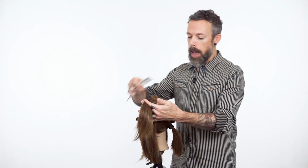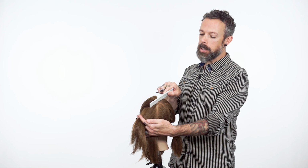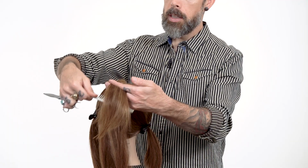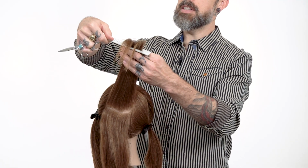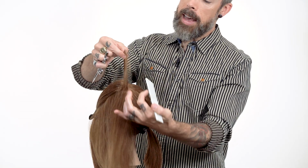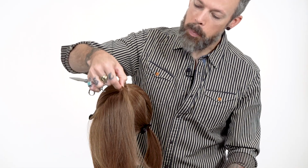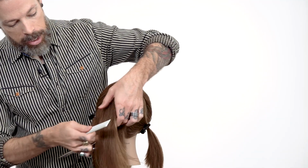I'm going to stand on the opposite side of my guest, opposite of the point of the triangle. So that triangle should be pointed straight into my chest. I elevate the hair straight up towards the ceiling. And what I'm going to choose is a length that this point in the crown falls right where I want it to, but I also need to think about when I pick up that section,